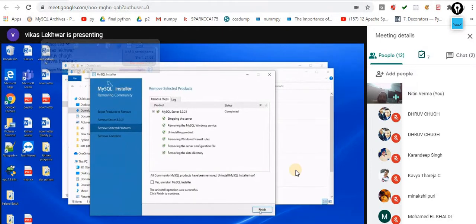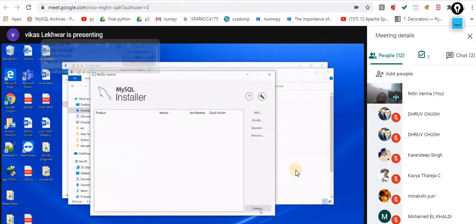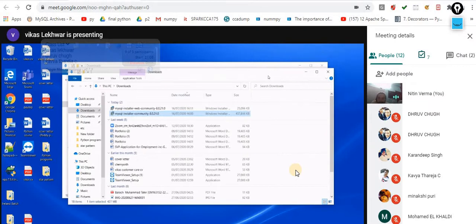Finish? Yes, finish. Okay, so MySQL finished. Then close this window. Now let me check. Okay, now double click on this again, community version.